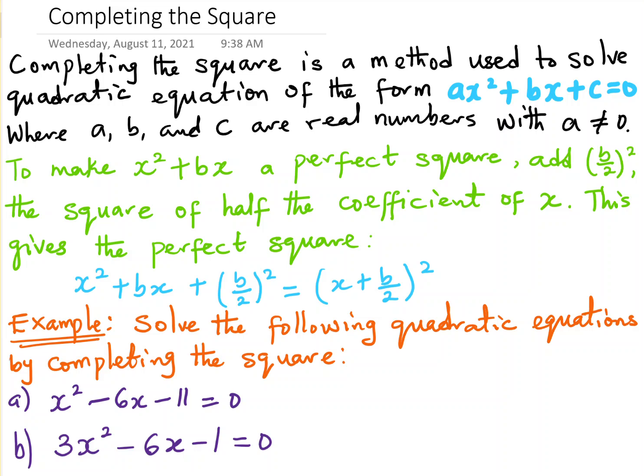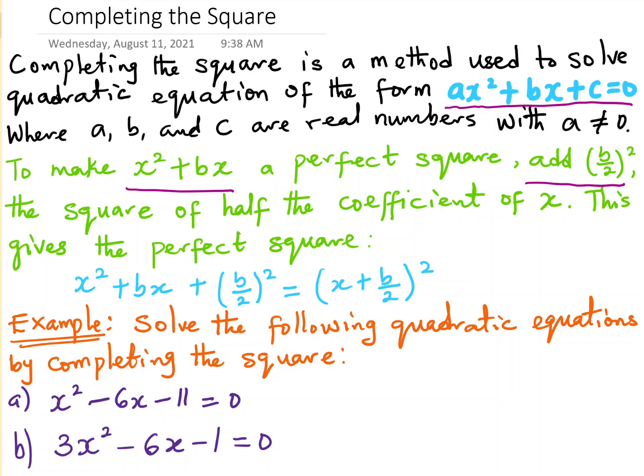Hi, in this video we are going to be looking at completing the square as one of the methods used in solving quadratic equations of the form ax squared plus bx plus c equals 0, where a, b, and c are real numbers and a must not be 0, because if it is, then what we have is a linear equation. So, to make x squared plus bx a perfect square, what we have to do is to add